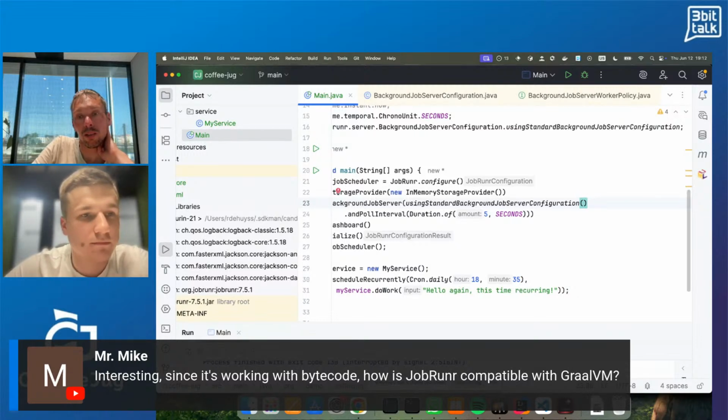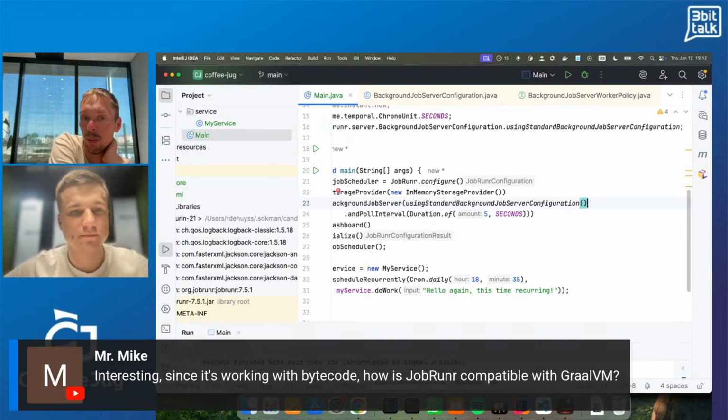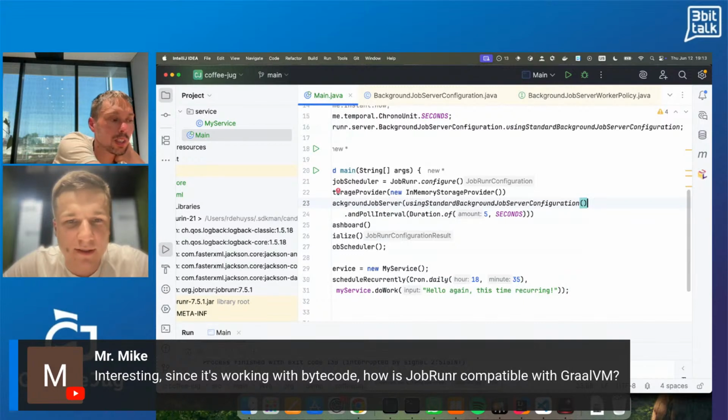Beforehand, we support it. I know plenty of users who are using GraalVM already, both Quarkus and Spring Boot. But use a job request handler in that case. Yeah, good to hear that. There's also an option to use GraalVM without limitations. Yeah.